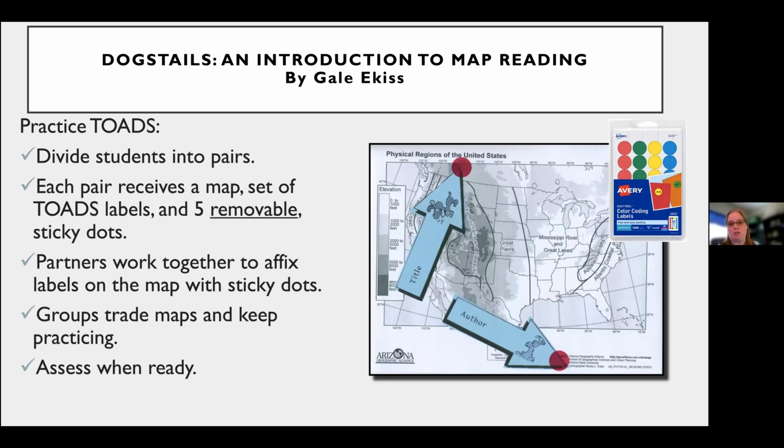They're all PDF'd. You can print them off, have parent workers or helpers create them, or if you're doing it digitally, you can integrate them into your Google Classroom and have them annotate a PDF of a map. So you have them use these little arrows on any type of map that you have and identify the title, the author. And when they work together, they can find, oh, I found it over here.